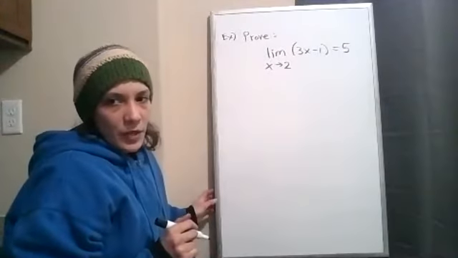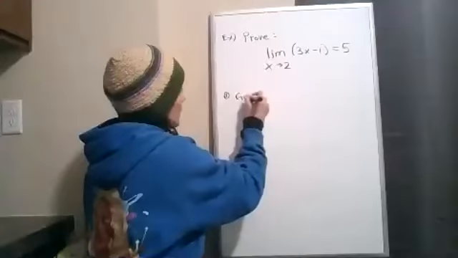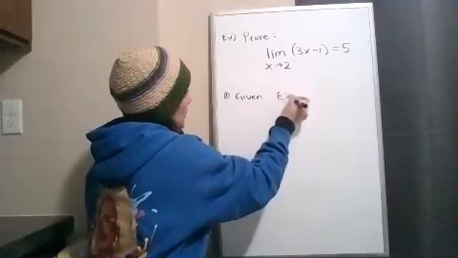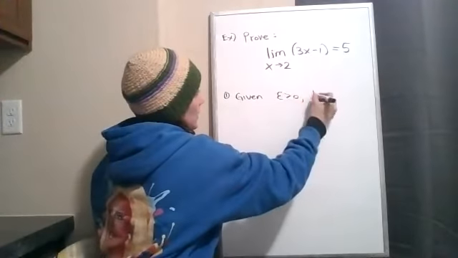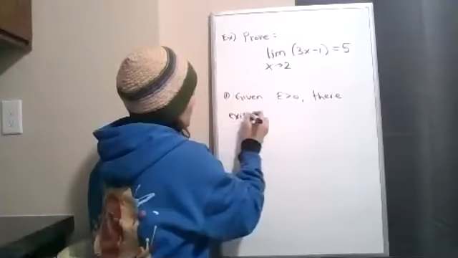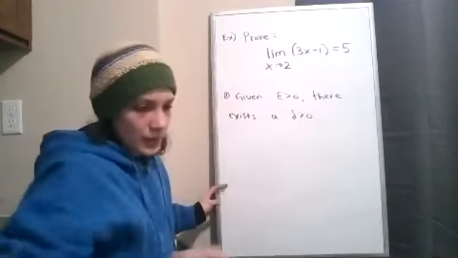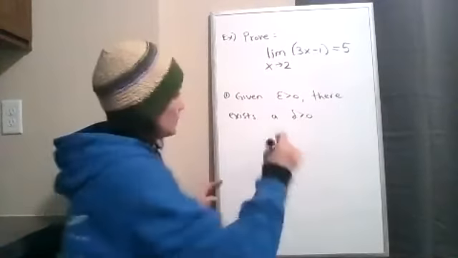So let's at least start this problem. First part, given epsilon greater than 0, there exists a delta greater than 0 such that